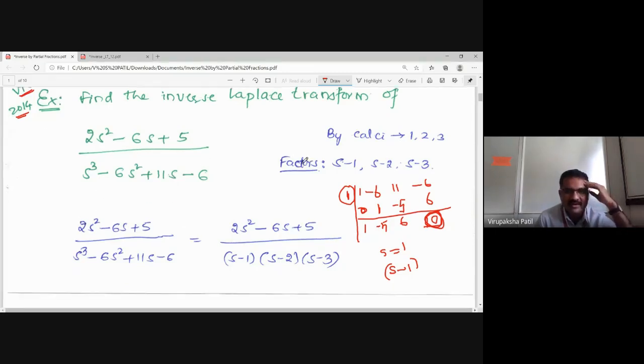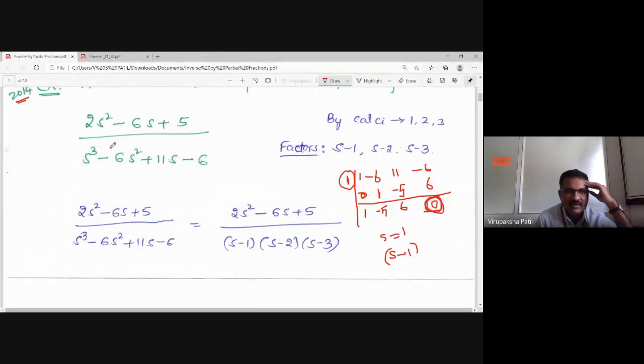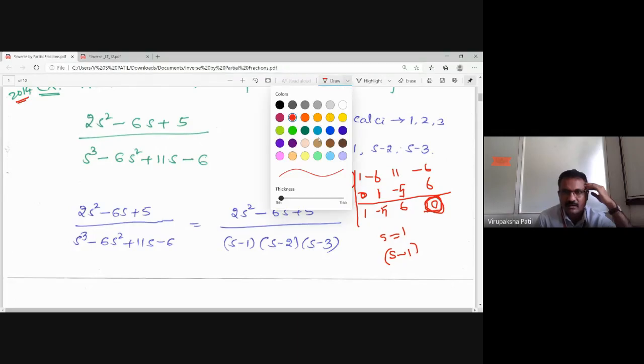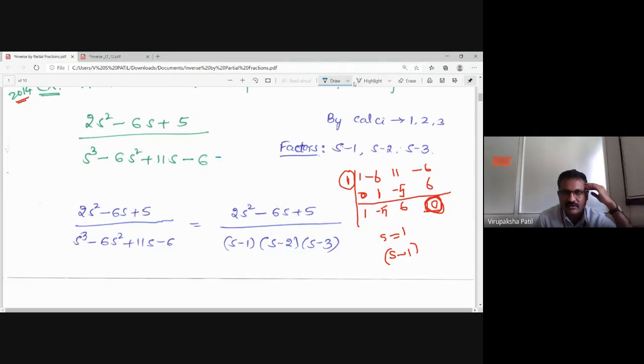Once you get one of the factors, I'll tell in detail, what can we write there? You can write this term as s minus 1, so that if you simplify again, you will get the original thing as it is: s minus 1 into, now the one s you have taken outside, it is reduced to the quadratic equation.